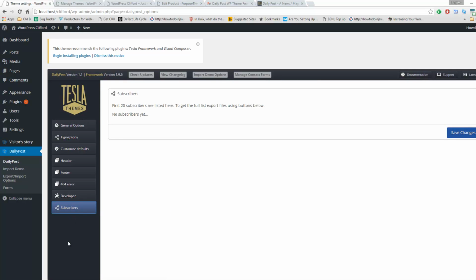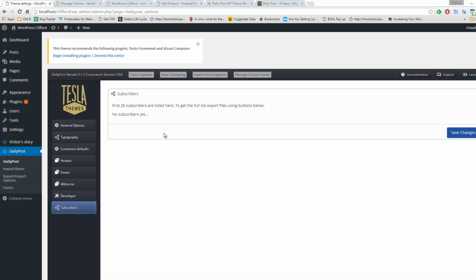Now regarding that inbuilt subscribe box, when somebody subscribes from that particular box, you can see the latest 20 subscribers, the list of latest 20 subscribers on this subscriber panel. So it is helpful in getting to know people who are subscribing to your posts. So again, you can start the communication and you can communicate with those people. So it is a very good feature.